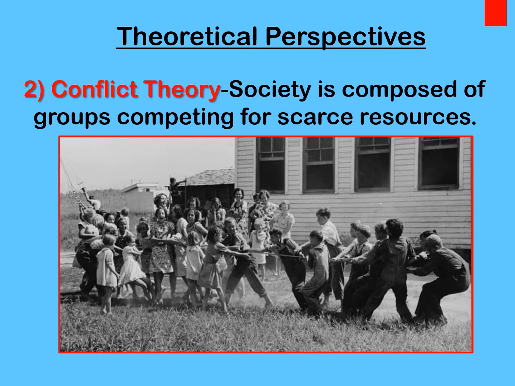The second major perspective is called conflict theory. And according to this perspective, society is composed of groups competing for scarce resources. Those resources could be money, wealth, good jobs, good education, good health care, vacation time, respect. So according to this perspective, you have all these different groups in society that want these things. These groups could be different racial or ethnic groups competing for these jobs and money. It could be